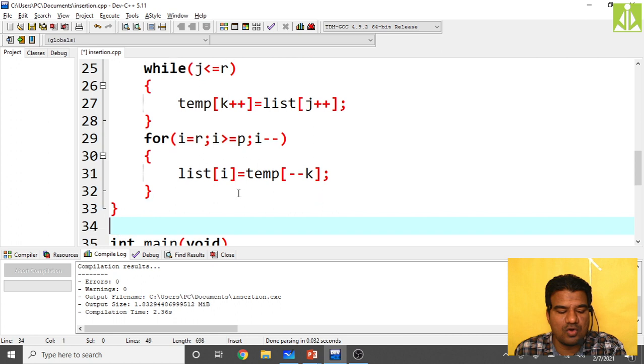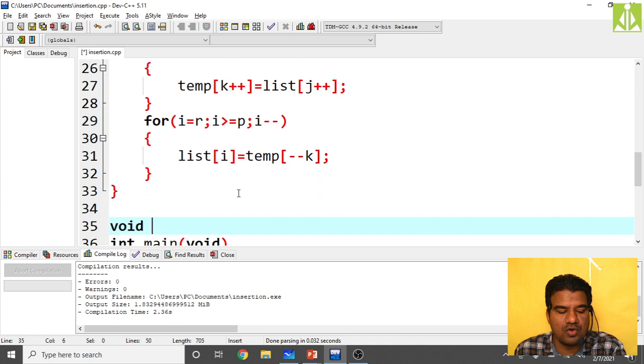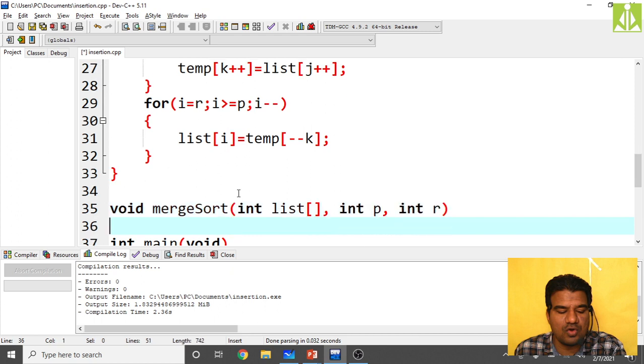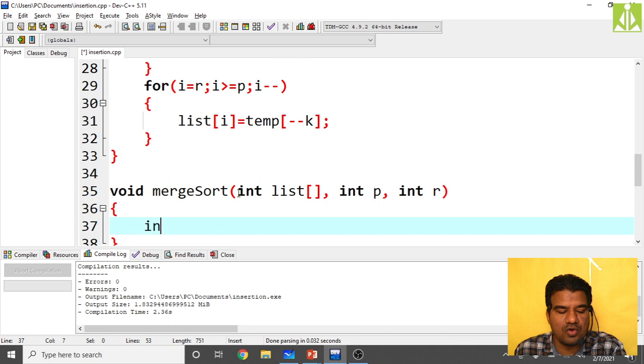Then we write the merge sort algorithm: void merge sort, pass the list, comma int p, here also comma int r. Then take int q.